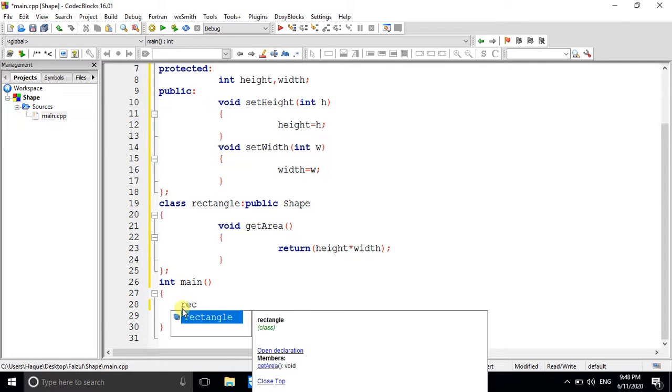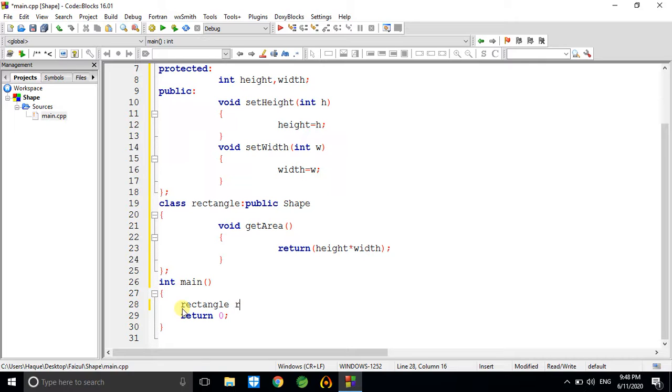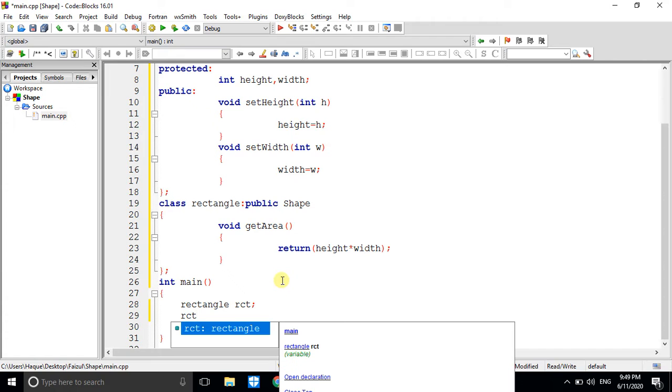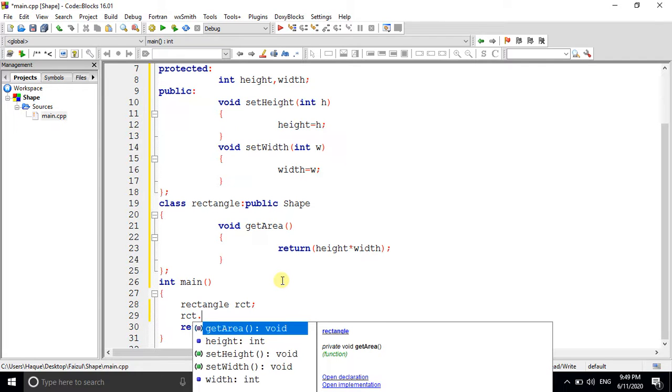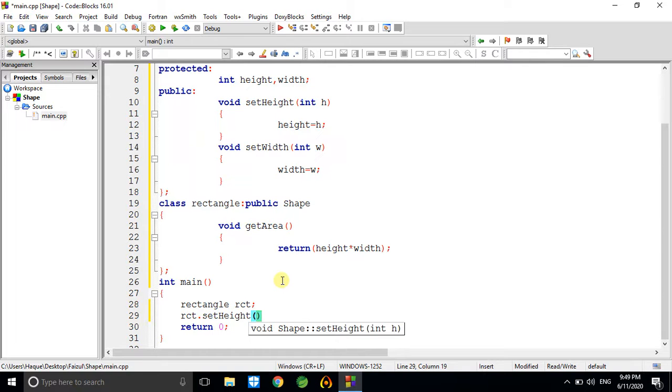Say Rectangle RCT. Now the Rectangle class has all these methods. That means from the rectangle object we can directly access setHeight.